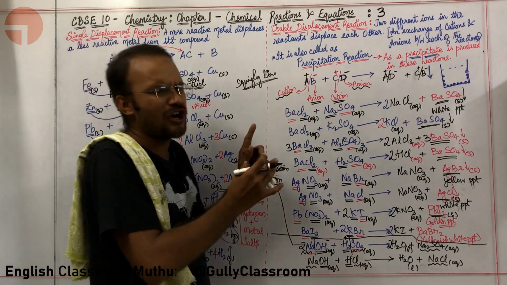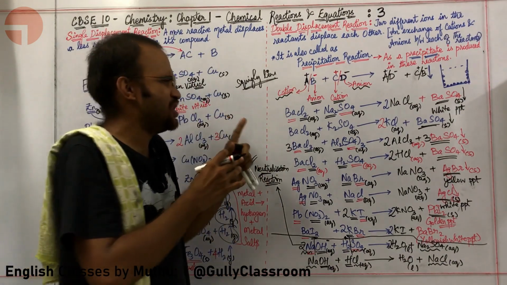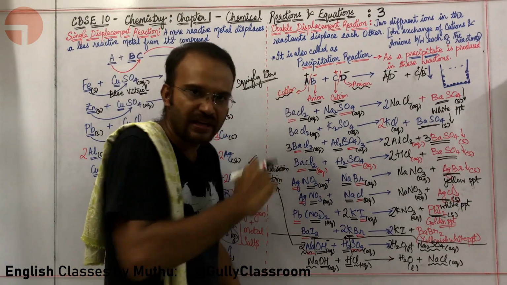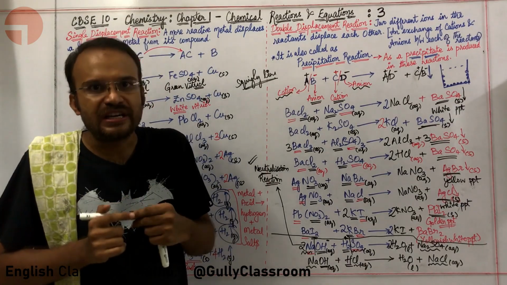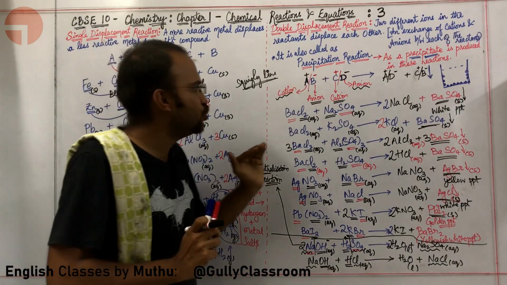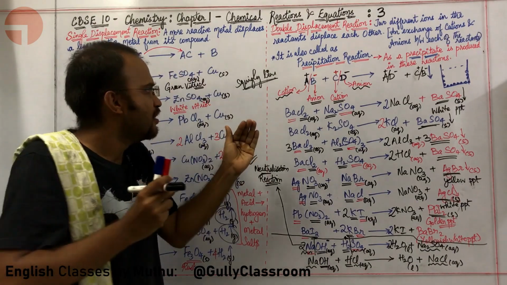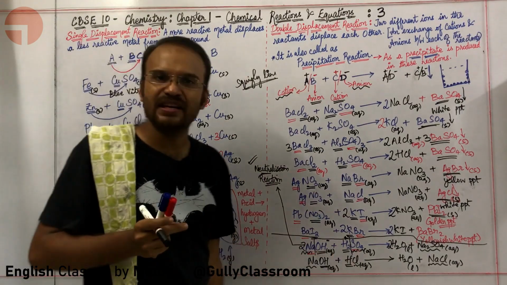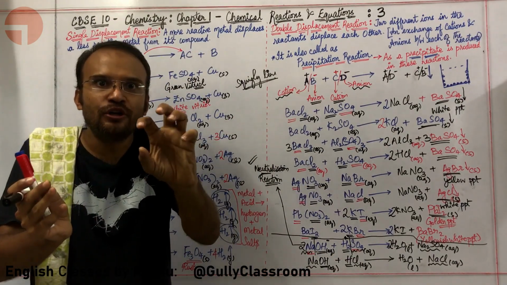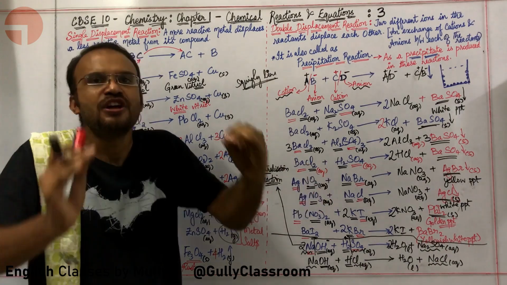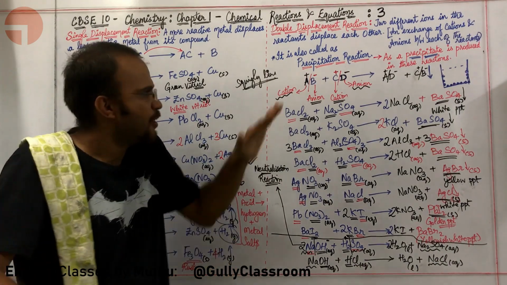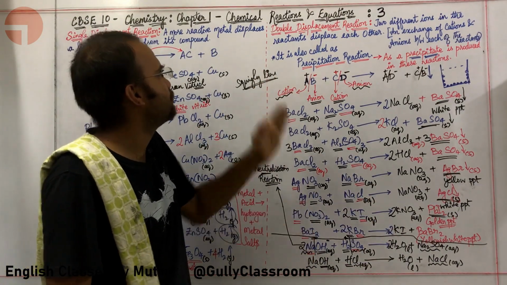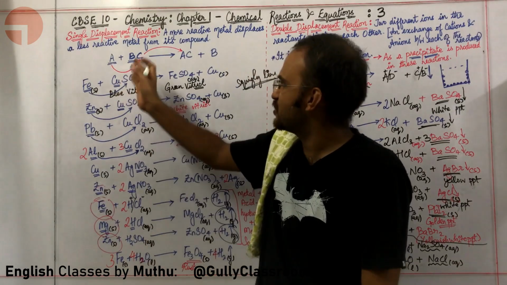Yeah, I know I have taught a lot of equations. I know that these many equations are not really necessary to understand double displacement reaction, but I want you to understand how I am thinking when doing a reaction, how I am thinking when writing a physical state in a balanced equation, how I am thinking when balancing a reaction. For you to get into the mentality of writing a chemical reaction, the only way to do it is by looking at someone doing it. So I have simply done 10 reactions based on double displacement reaction and 10 reactions based on single displacement reaction.